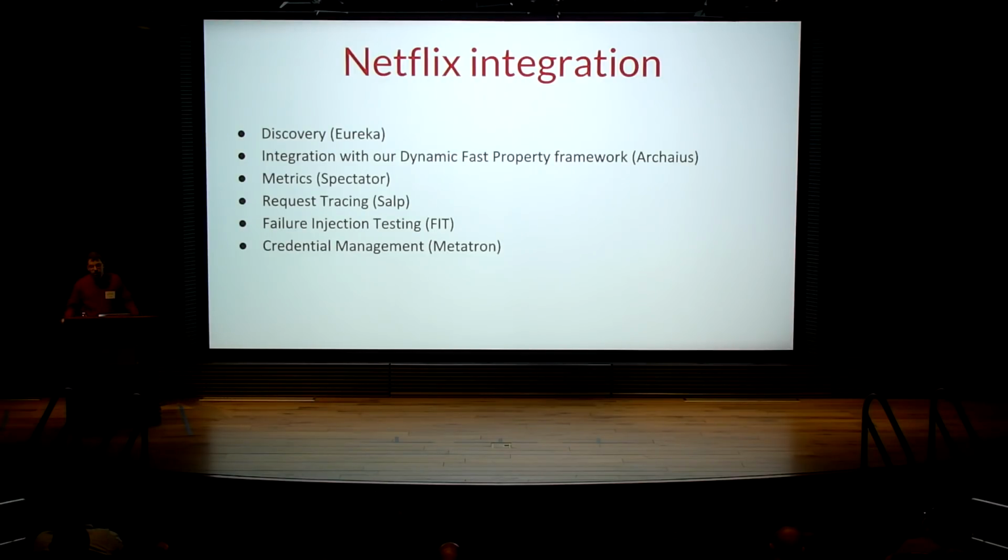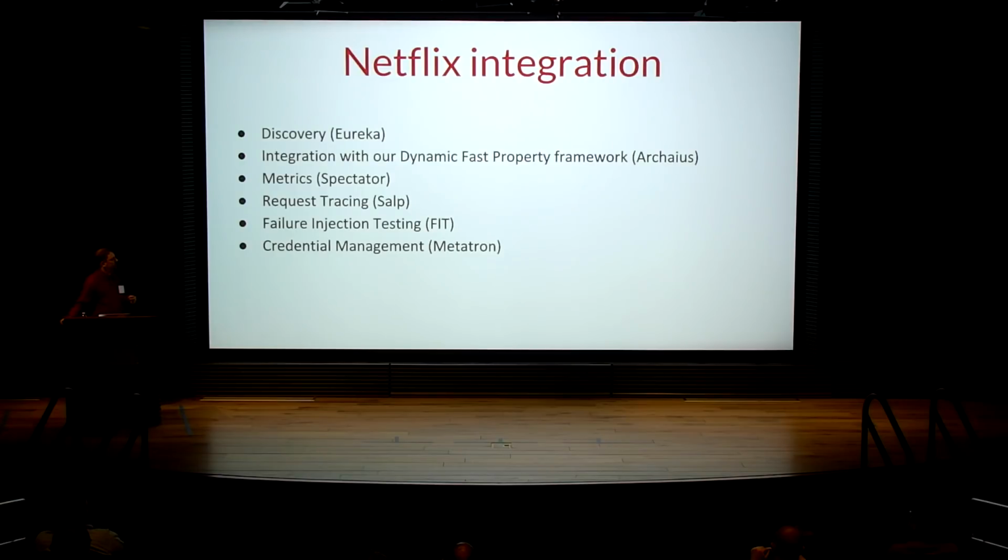So a few things we did internally in Janus Graph, and they may be some good ideas if you plan to use Janus Graph. One thing we want from our users is, when they connect to a Cassandra cluster, to actually use the name itself, a string of the name of the Cassandra cluster. We didn't want to go change the IP addresses or host names. So for that, we integrated with Discovery, our own discovery service, which is called Eureka. Every time you want to open a connection from Janus Graph to Cassandra, you just add the name of the Cassandra cluster.